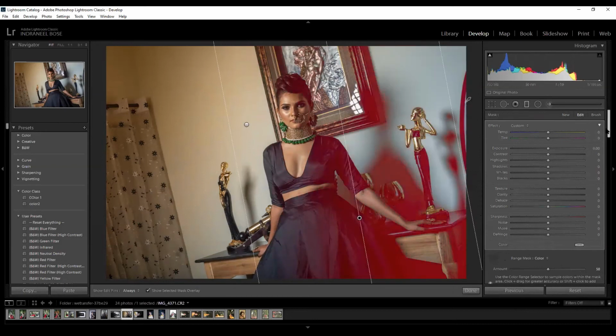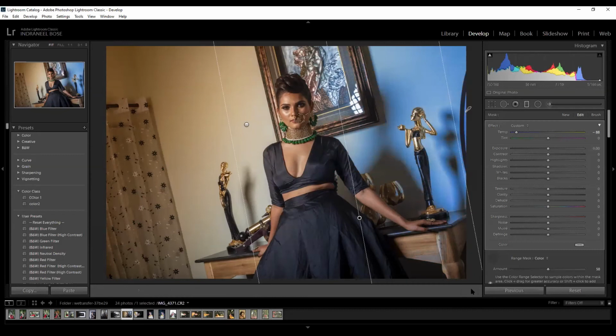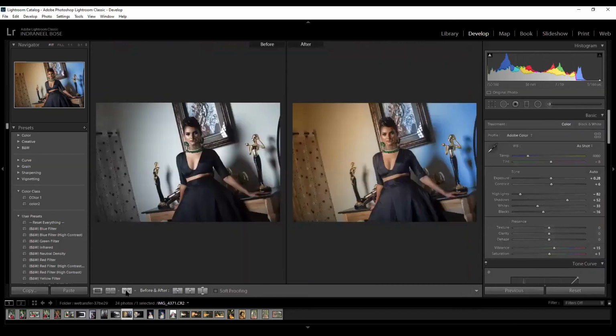See, I've gone into the blacks, so it is influencing the blacks. I will go outer. Here you can see. Now I can put in a blue. Can you see the difference? Yes. So let's do something more interesting. See, masking and playing is a key factor in getting proper balance in the images.